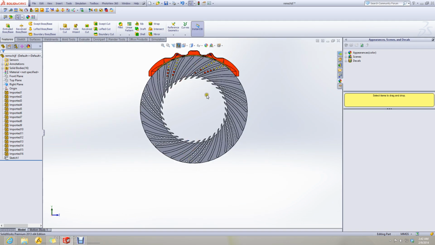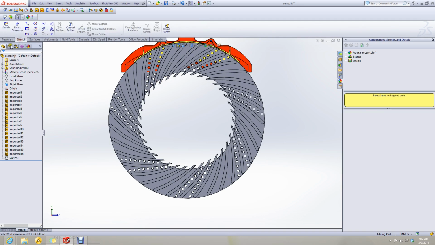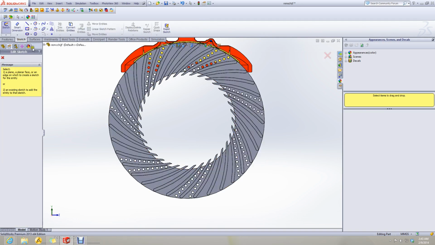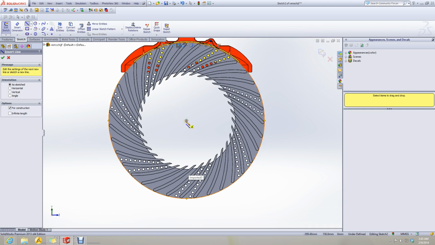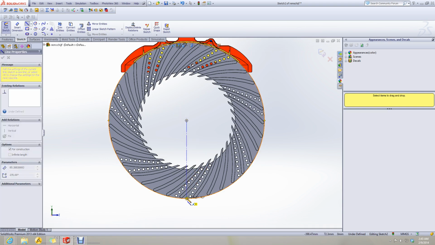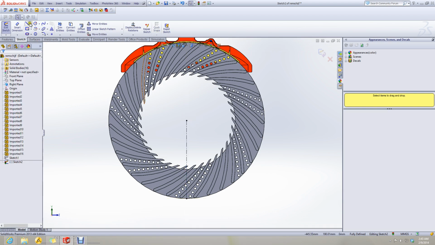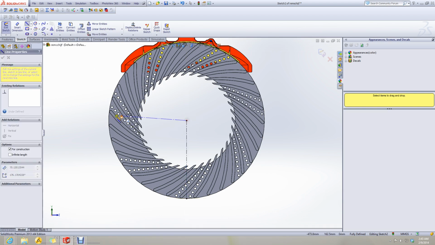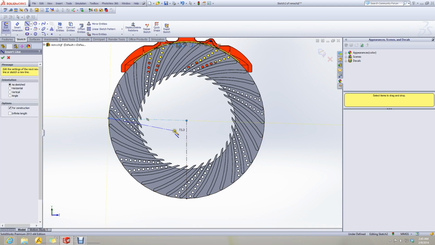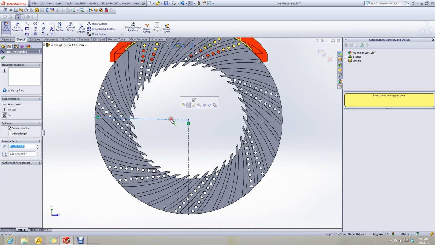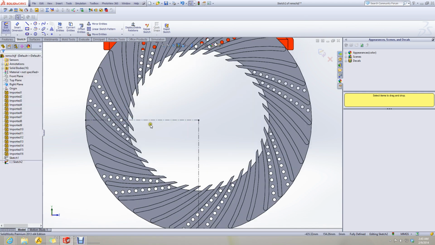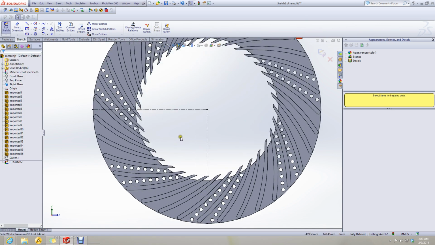These are patterned around a circle and their number is, instead of counting all, I just create a sketch here, create two perpendicular lines. And let's see how much lies in the quarter of this disk.